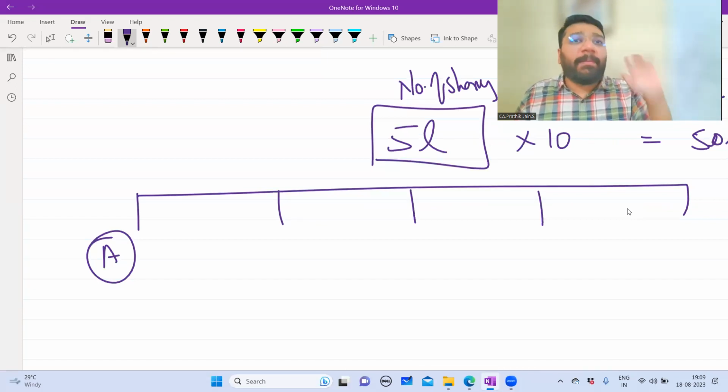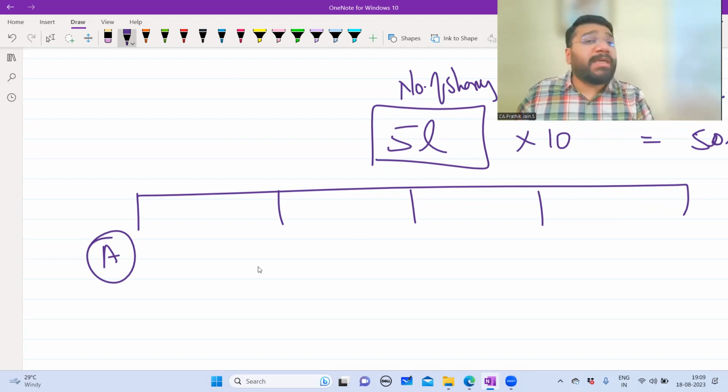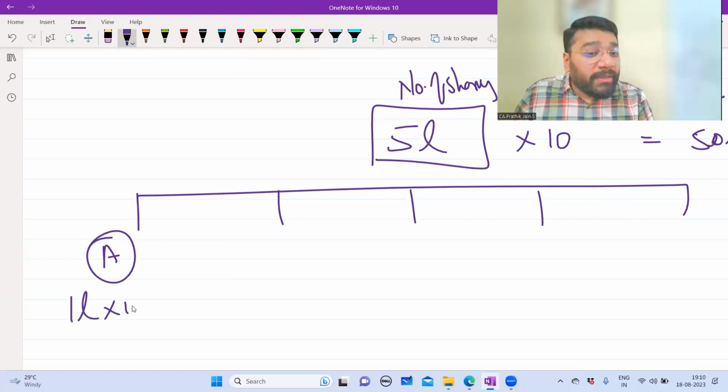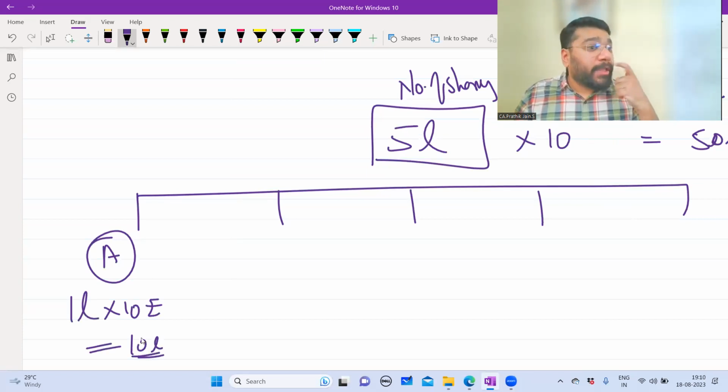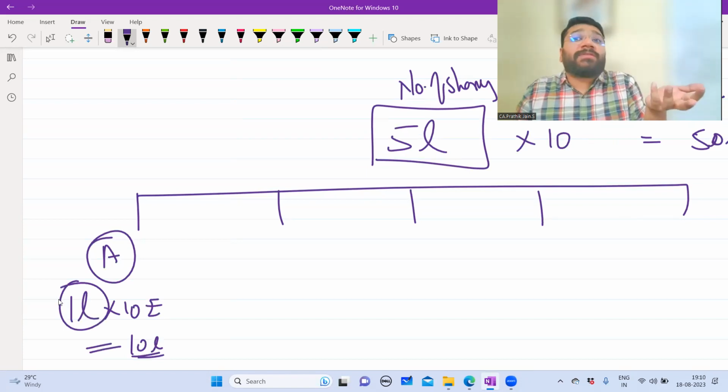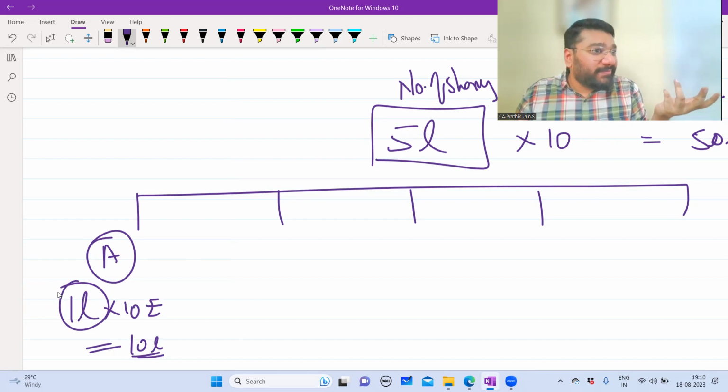Now guys, the company says that 5 lakh shares I'm going to give you. How many of you want to come and apply for my shares? You can come forward and take that many shares. So A says, see boss, I have 10 lakh rupees, which means he will buy 1 lakh shares from the company at the rate of 10 rupees each share. So the total money he will invest is 10 lakh. Why are shares given in small units? So that it becomes easy. If somebody wants to invest 5 lakh rupees, he will say, I want to buy 50,000 shares.